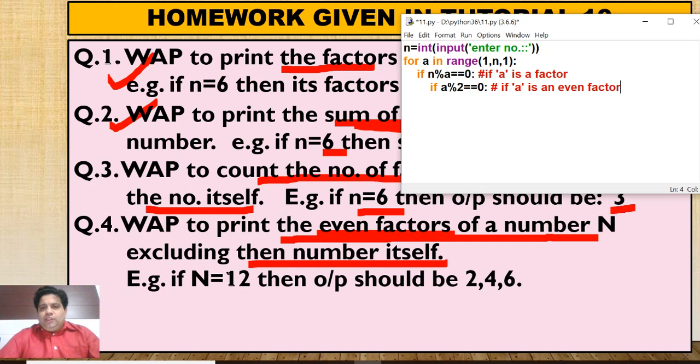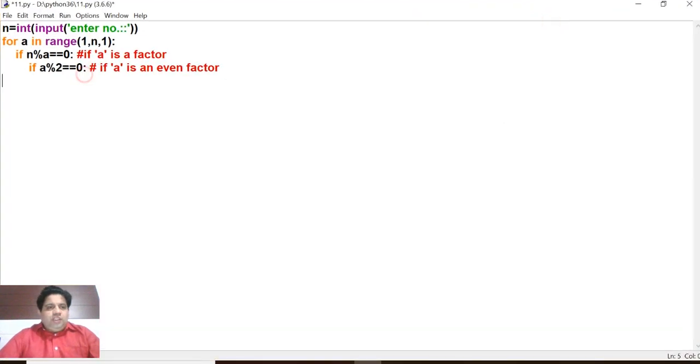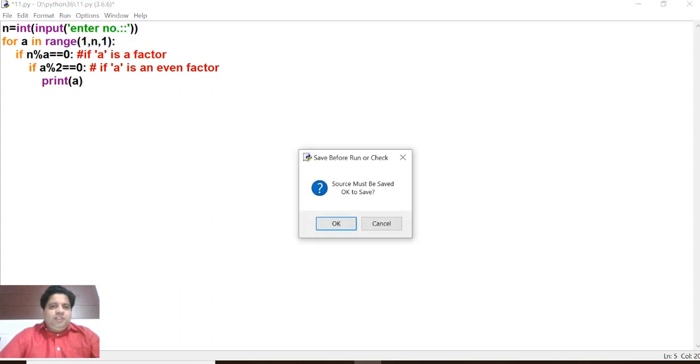So this is the outer condition. When the outer condition is true, you are checking the inner condition. It means first you are checking whether n mod a is equal to 0, where a is a factor, and if a is a factor, then you are checking whether this a is an even factor. If it is an even factor, you will write print a. The program has been done.